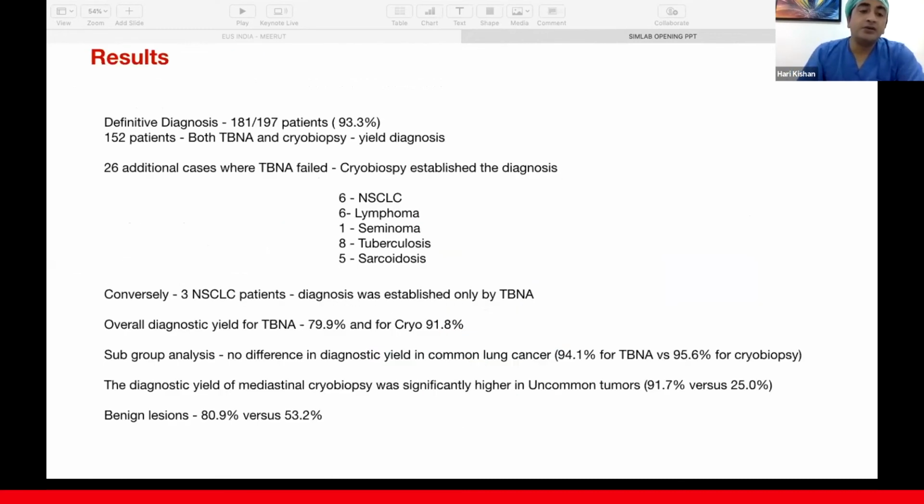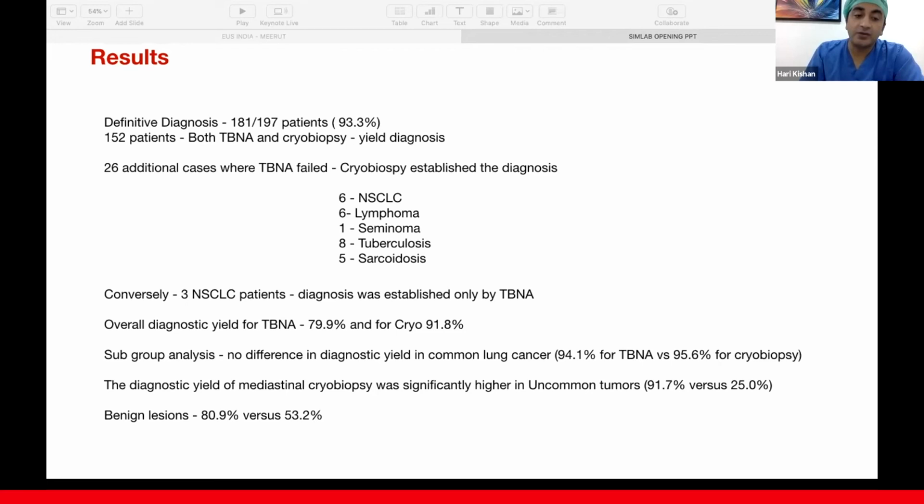Coming to the results of this study, definitive diagnosis was achieved in 181 patients, that is 93.3%, and 152 patients who underwent both TBNA and cryobiopsy had yielded a diagnosis. There were 26 additional cases where TBNA failed. Cryobiopsy was able to establish a diagnosis. In those, 6 were non-small cell lung cancers, 6 were lymphoma, 1 was seminoma, 8 TB, and then 5 sarcoma